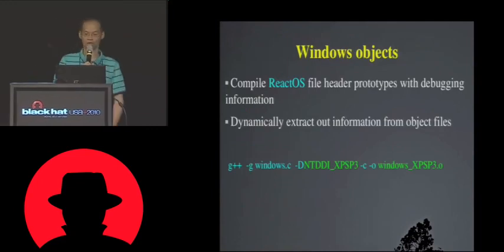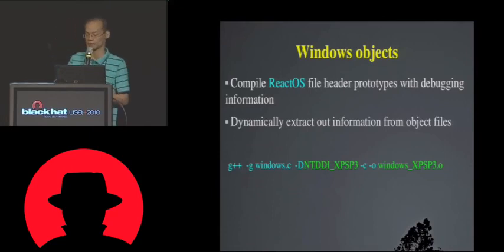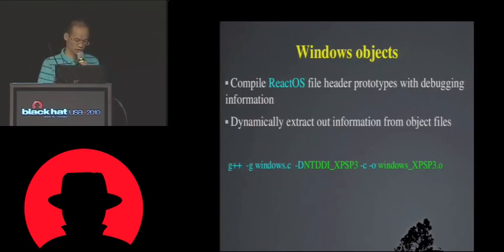So we build the Windows object. We compile Windows, ReactOS file headers, and prototypes with debugging information. After that, we extract information from the debugging file format. So first of all, here's how I build the